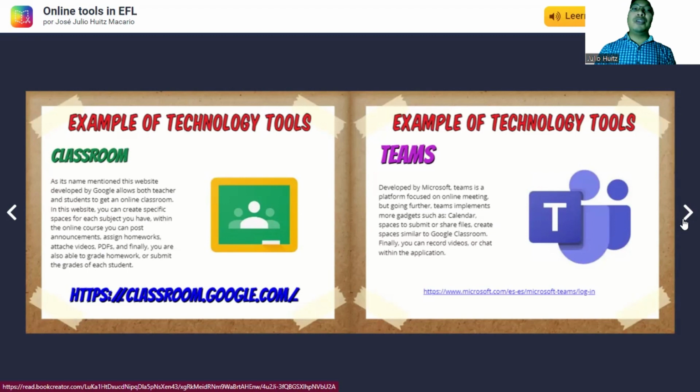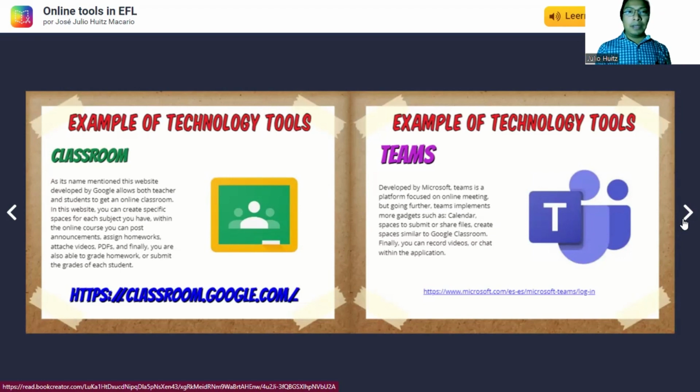However, here you can chat. Teams has a chat integrated there. Besides, it has a calendar, and you can also post some PDFs, videos. If you record your own classes there, the file will be saved in the cloud. So Teams is another wonderful tool that you can use here.